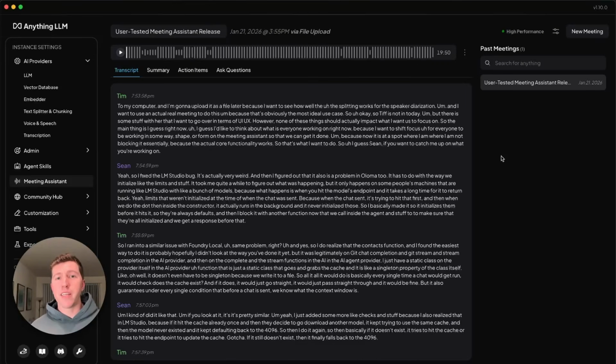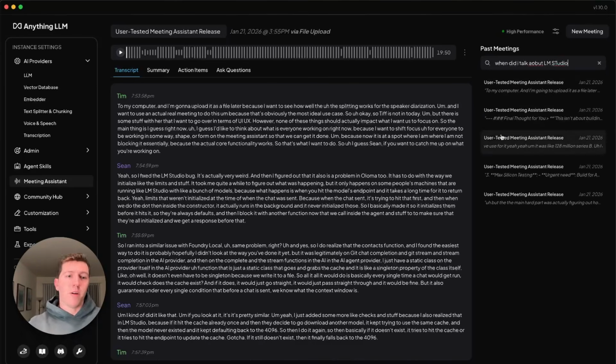And then of course, because AnythingLLM does do anything, our built-in search pipeline automatically indexes every meeting and transcript that you have, entirely on your computer. And you can search for it here. You can search for keywords. You can search for semantic things like, when did I talk about LM Studio? And you can see that, well, I have one meeting, but you can get the exact snippets in which I